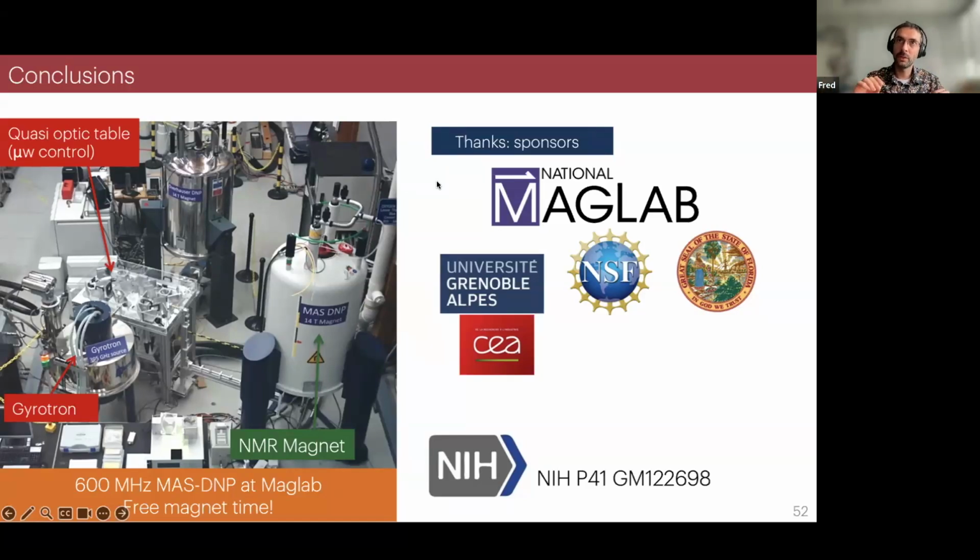Now, this is true at 100 Kelvin. When you go to very high field, even at 100 Kelvin, then other mechanisms may start to kick in, in particular one called the direct process, and then having the high field EPR setup at the exact same conditions, static, not necessarily spinning, would really be required to understand what's going on. So if you think of 1.2 gigahertz DNP setups, I think we will start to have problems with relaxation times of the electrons in this range.